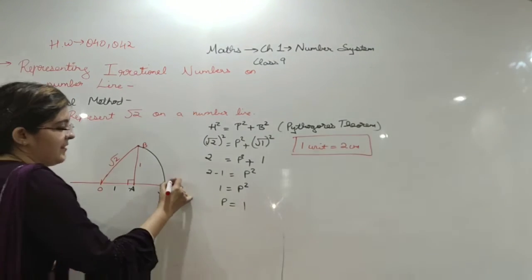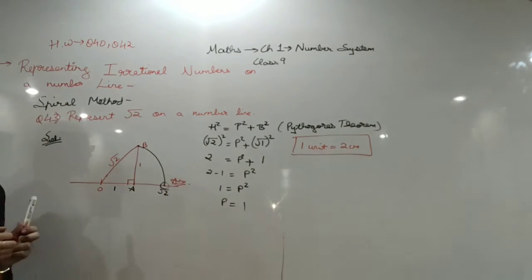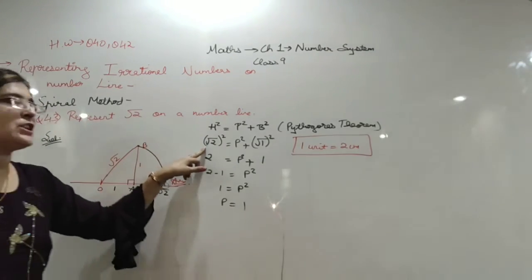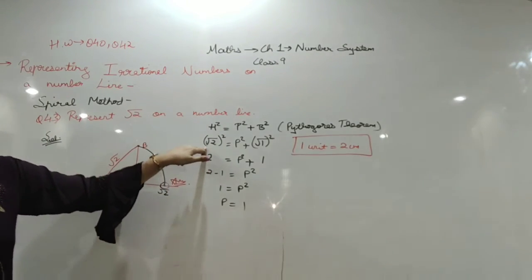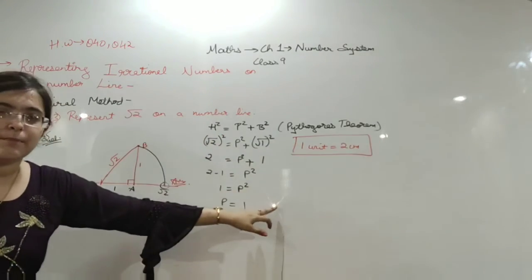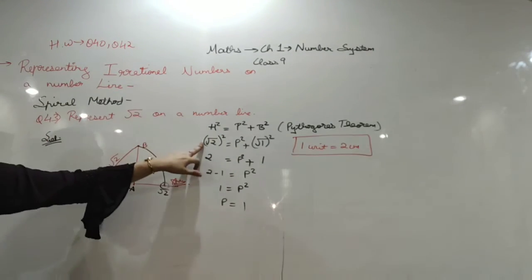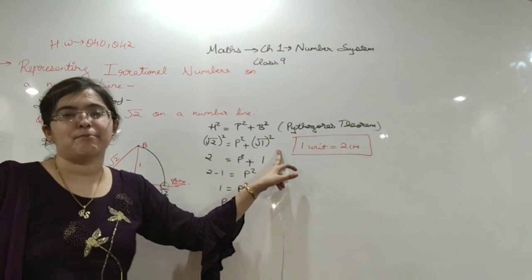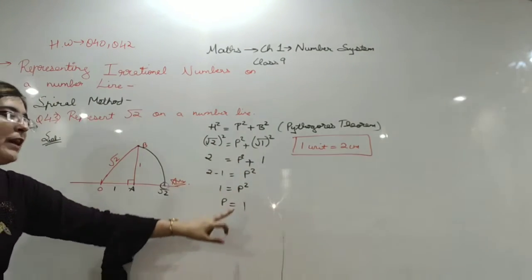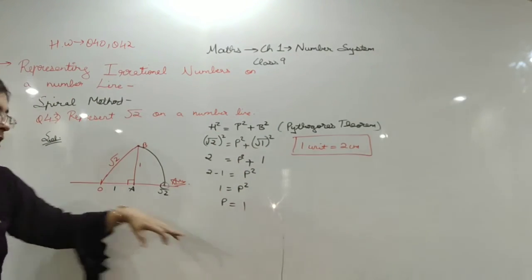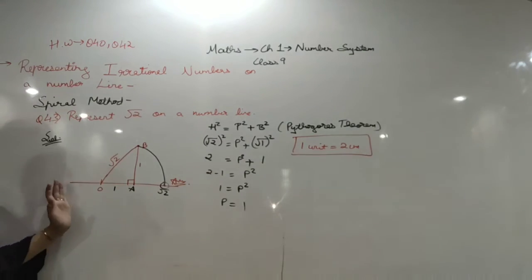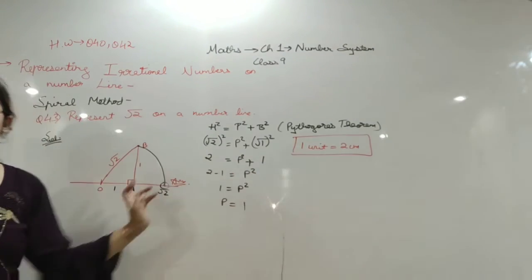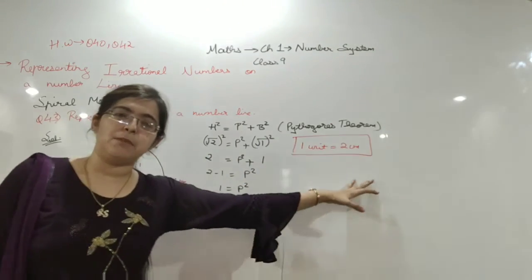This is your answer. Again I am explaining. Listen carefully. Whatever your question is, write it here, root 2, then write the Pythagoras theorem. Your question will be your hypotenuse, and the base will be 1 less than the given number. Now you have to find the perpendicular. Now draw a number line, mark a point O. From O you have to draw base 1 unit. I have taken 1 unit as 2 centimeters.